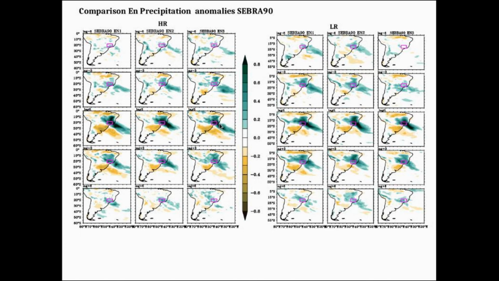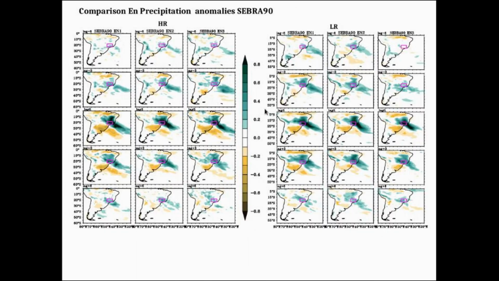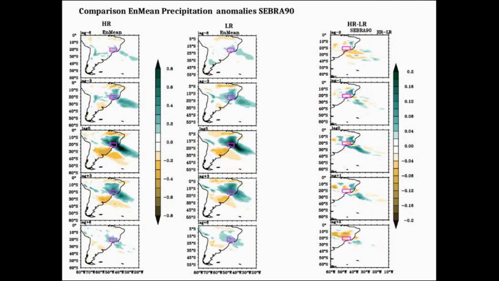So when we did the ensemble mean, the subseasonal variability might be cancelled out because of the spread, and maybe that is the reason for this lower magnitude of rainfall over this Sabra region. So we took another approach to see, if we take an individual ensemble, how the